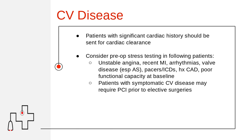And there are all kinds of ways to figure that out. And I even have a chart in here for one of them. But these things, obviously, if they've got unstable angina, you're probably not evaluating them for an elective surgery anyway. But recognizing, have they had a recent MI? And we'll go over what the recommendations are for that. Do they have AFib,